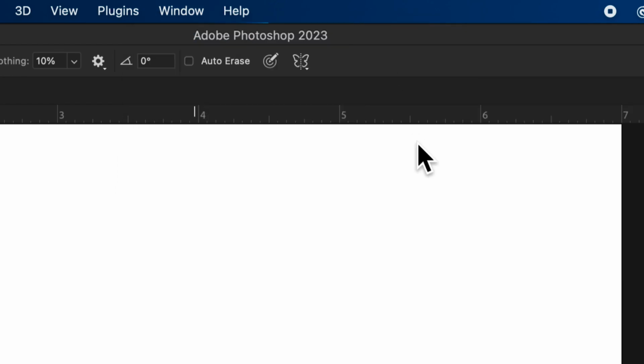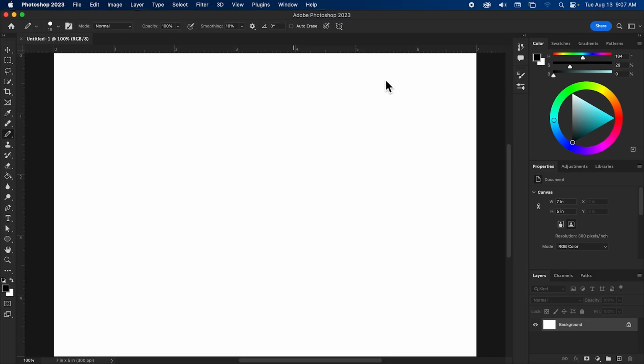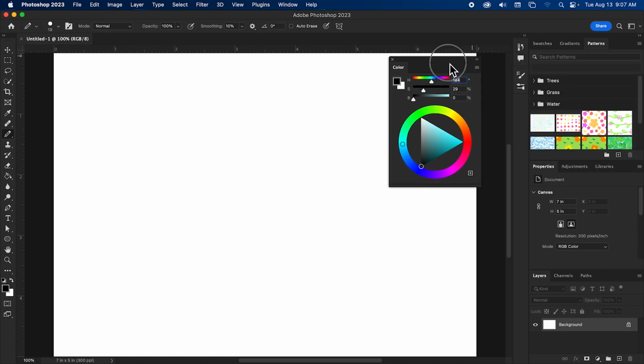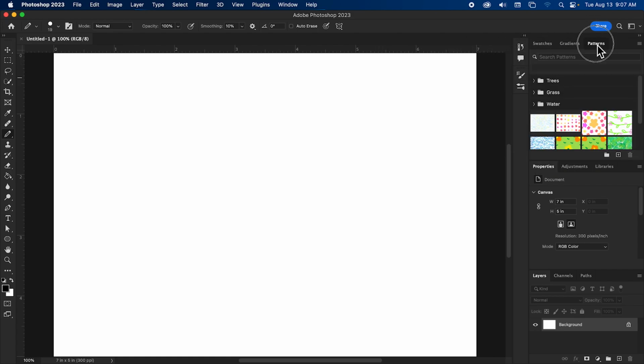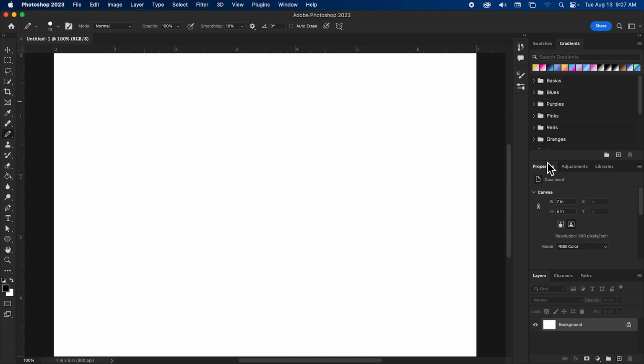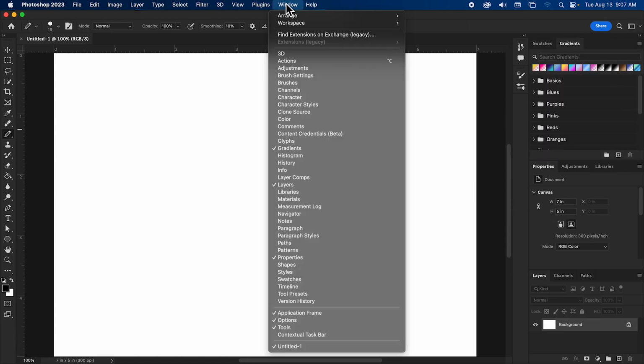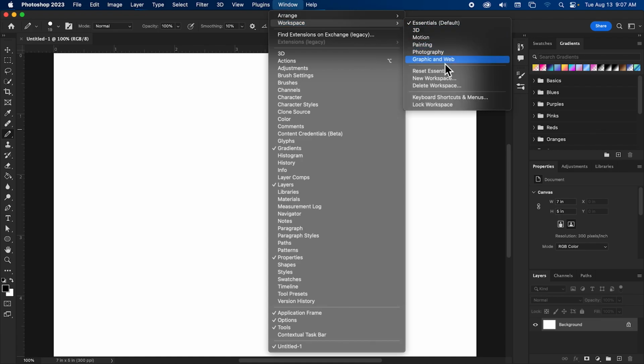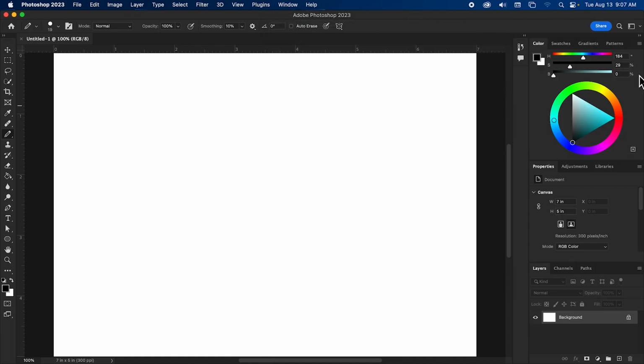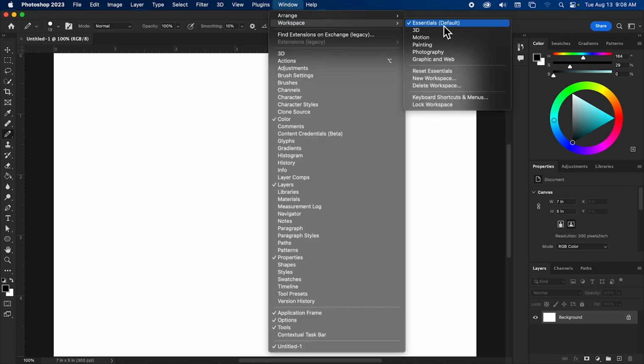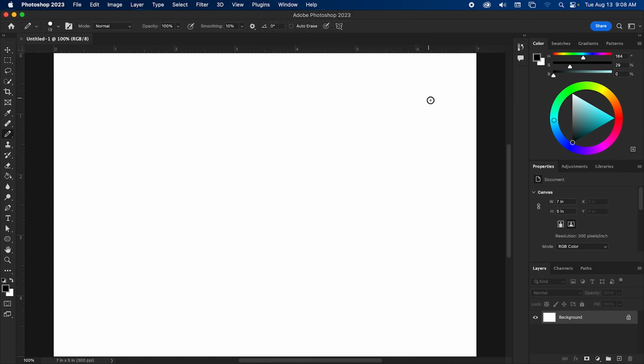If anything looks strange, for example, let's say I accidentally closed my color panel here. Where are my colors? We can go to Window, Workspace, and Reset Essentials, and that will reset the workspace. So first make sure that we're on Essentials, and if it looks weird, reset Essentials.